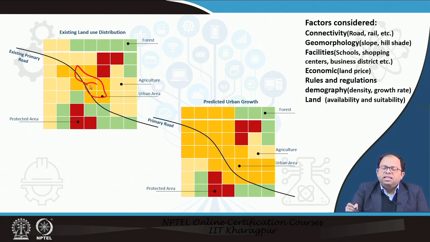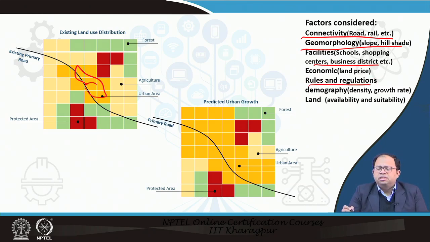Then we consider several factors like connectivity, then geomorphology, which includes slope and hillshade, facilities, which includes presence of schools, shopping centers, business district, and economic factors like land price for that particular area. We also formulate the rules and regulations of the land, that means some restrictions in terms of land use, then the demography of that particular area, density, growth rate, and so on, then availability of land, suitability of land for particular purposes. We define the transition rules,